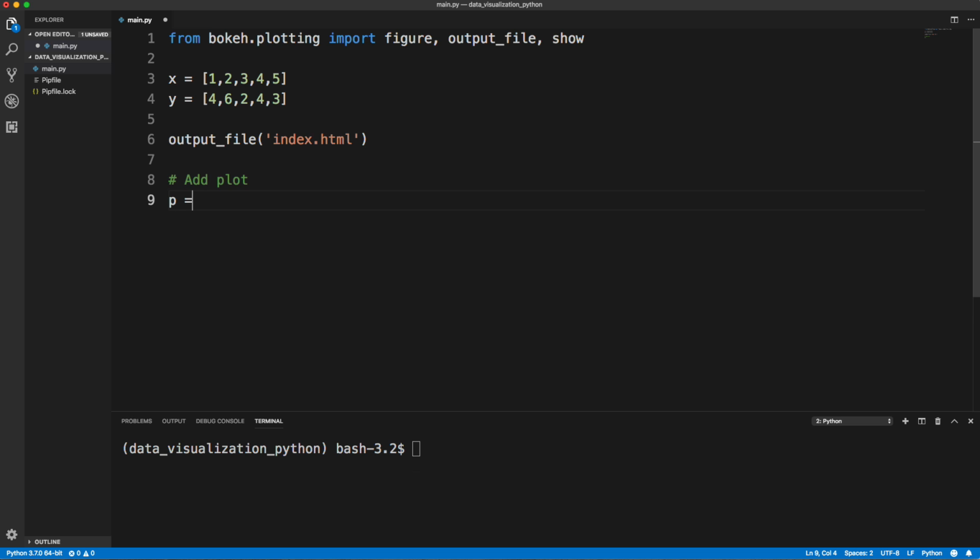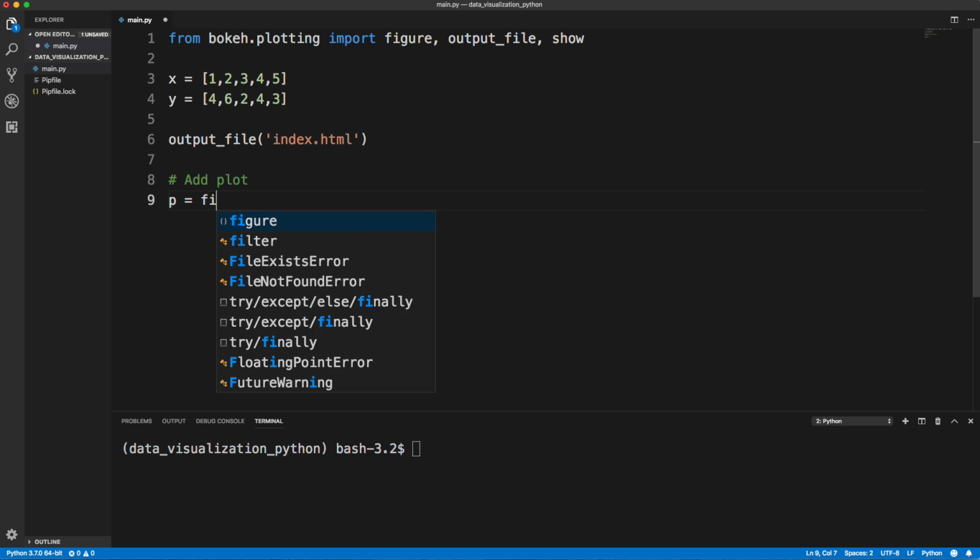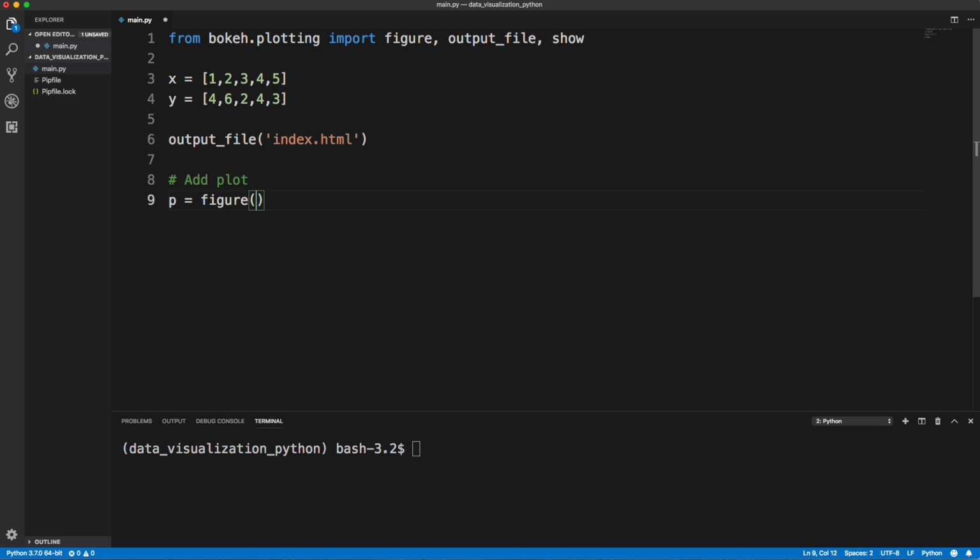So we're going to set a variable. I'm just going to call it p, and we're going to set it to figure. And this can take in multiple attributes. And if you look at the documentation, it'll show you everything that you can use. We're going to add a title. I'm just going to say simple